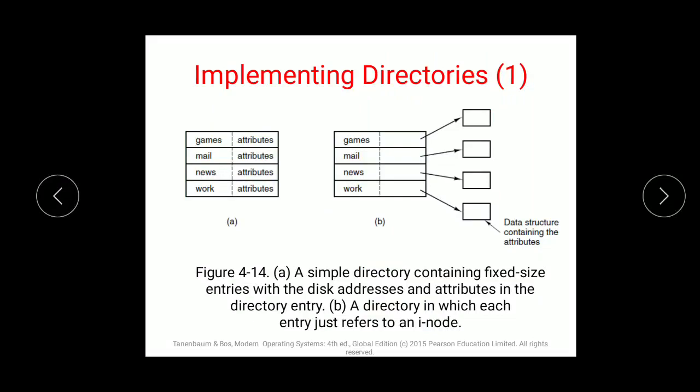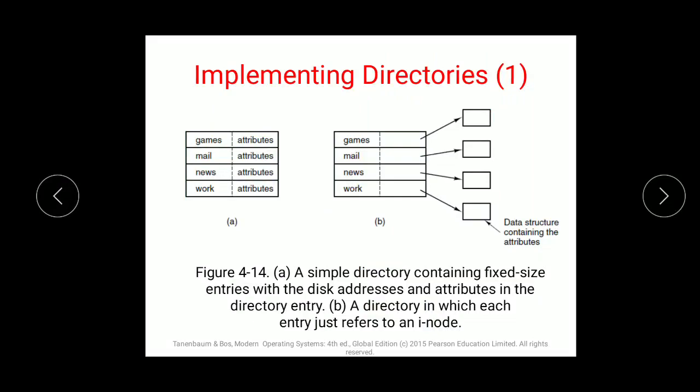In all schemes, the main function of the directory system is to map the ASCII name of the file onto the information needed to find the data. So the important component here is the directory entry, the disk address, which applies to all the file allocation methods. What is traced from this directory entry is the ASCII name, the actual standard format name for the file. Every file also has its attributes.